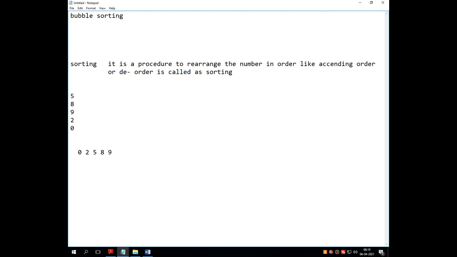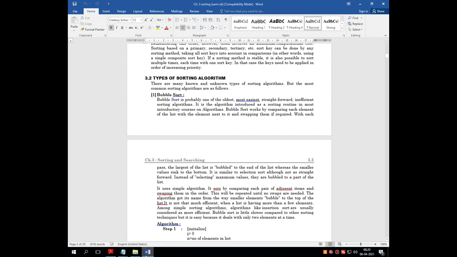It will not compare that value with anyone. It puts it as it is onto the last position. Ultimately, whenever we observe the output, numbers are sorted from smallest to highest. So for that, we have to implement first an algorithm and then we have to implement a program for the same.